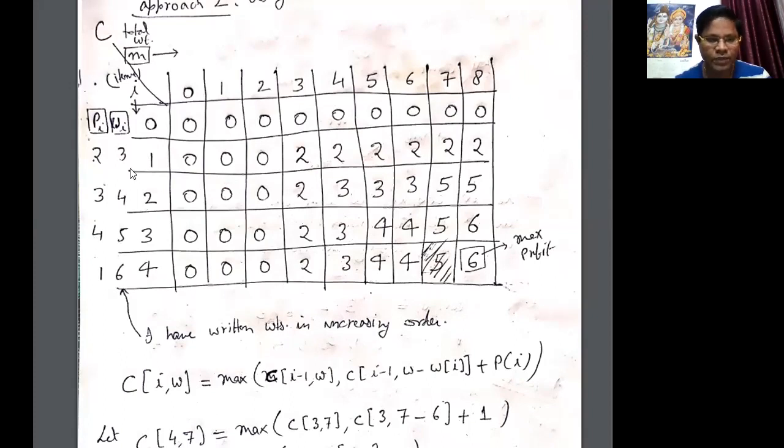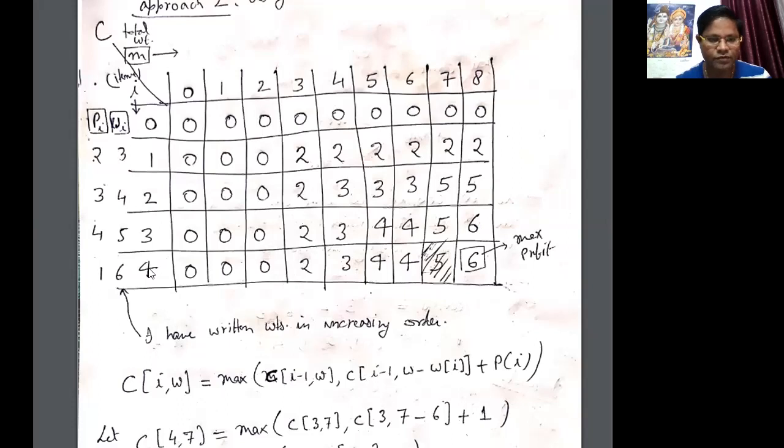For 6, in the combination of these 3, we are not able to carry more than 1 item if the capacity is 6, so just copy the 4 value here. Now if the weight is 7, we are successful in placing how many items? These 2 items, first and second, and the profit is 3 plus 2, that is equal to 5, so I'm writing here 5. Now if the capacity becomes 8, then we are successful in placing these 2 items, the third one and the first one. 3 plus 5 equals 8, and the profit is 4 plus 2, that is equal to 6. So I'm writing here the 6 value.